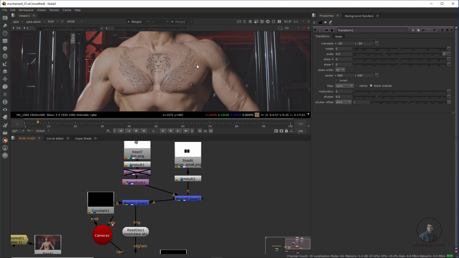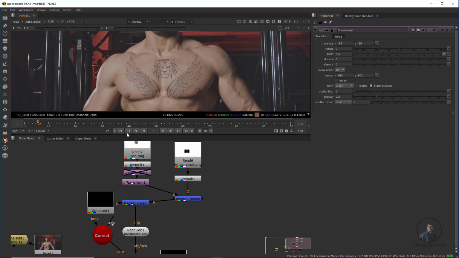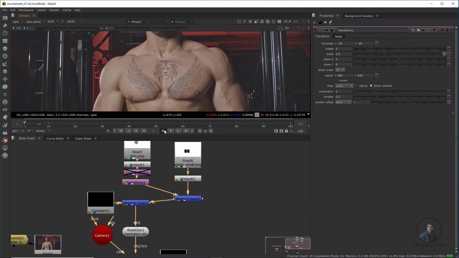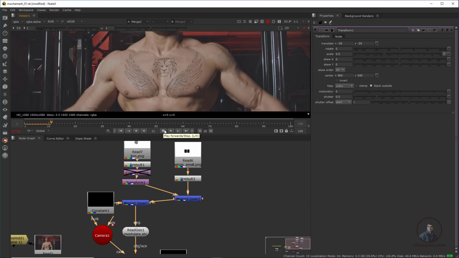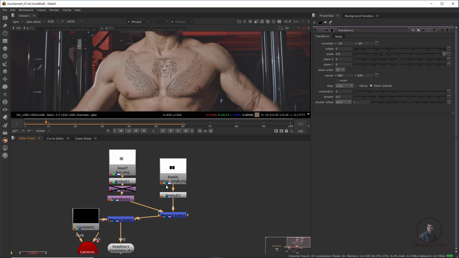Placed perfectly. Now you can easily see here. Just play and check here. You can easily see both are looking good. Now finally I am going to make it like the previous one. Just connect it here.